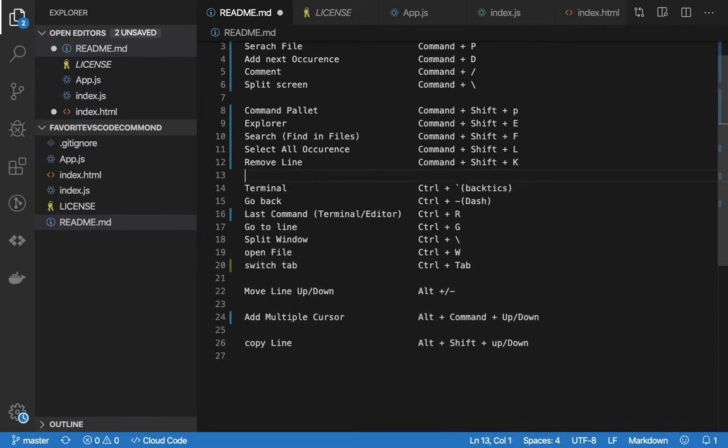So it will remove our lines. So this is also very useful. Command Shift K, Command Shift L. So actually there are other commands also, but these ones are